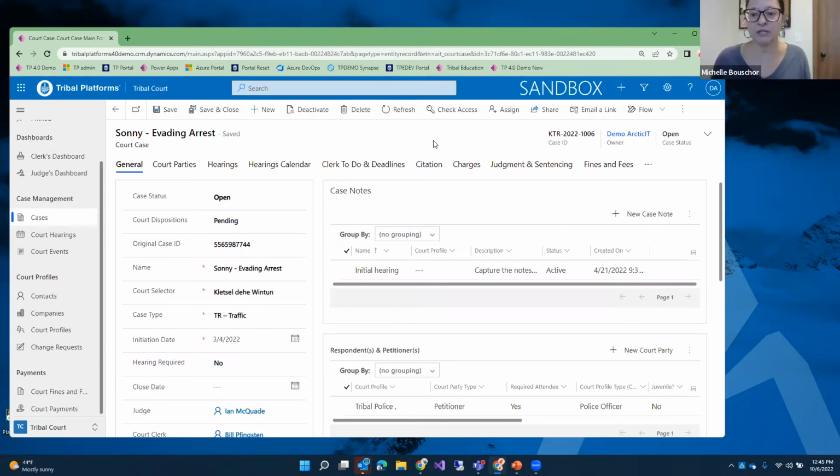Next question. Does the court's payment functionality come with payment gateway integration? We have the ability to do that, but we find that every tribe has their own payment gateway technology that they're already using. So we typically don't build that into the core solution, and that could be an add-on.